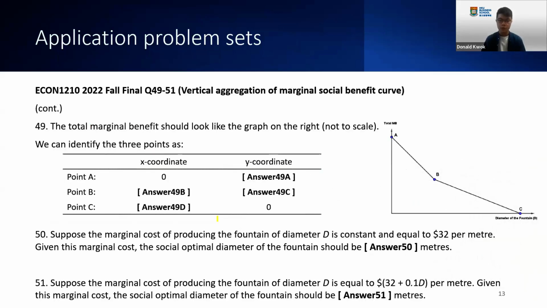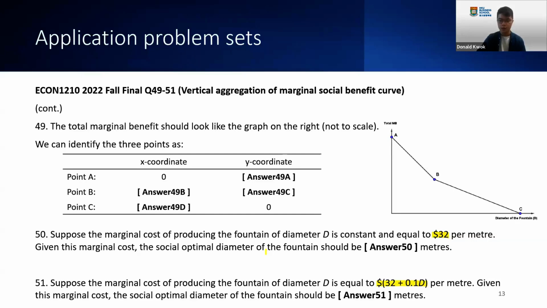Okay, so let's move on to questions 50 and 51. We are given the marginal cost of producing a fountain of diameter D: $32 in question 50 and 32 plus 0.1D in question 51. How can we find the socially optimal diameter of the fountain? You just need to plot the marginal cost of producing the fountain and find its intersection with the marginal social benefit curve that we have just derived in question 49, and it would give the socially optimal diameter of the